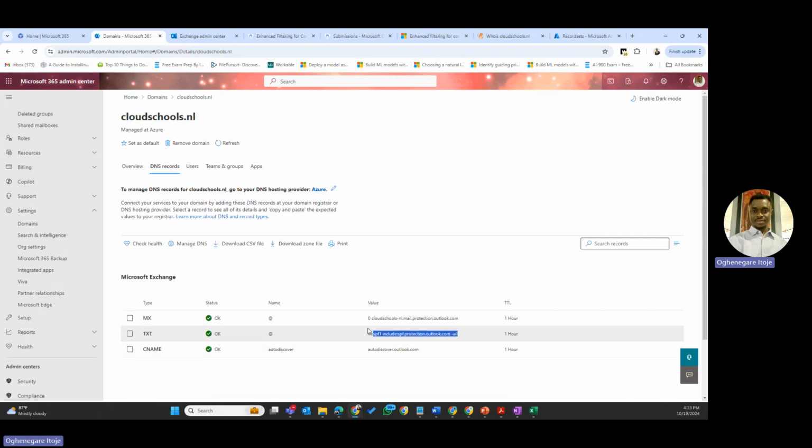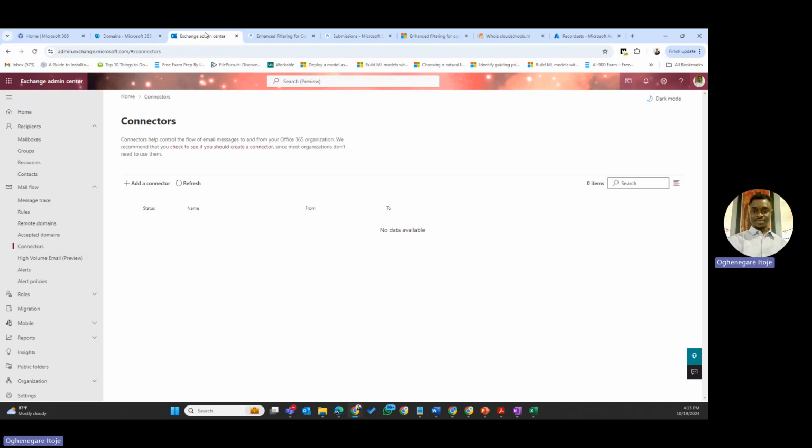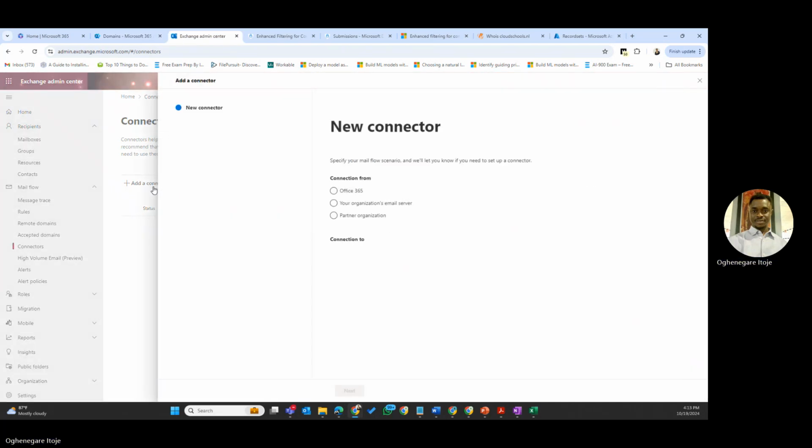spf.protection.outlook.com. This is the EOP that is available directly from Microsoft. This is direct for you. That means you don't need to start configuring connectors. But in the situation whereby you have a complex email delivery system,